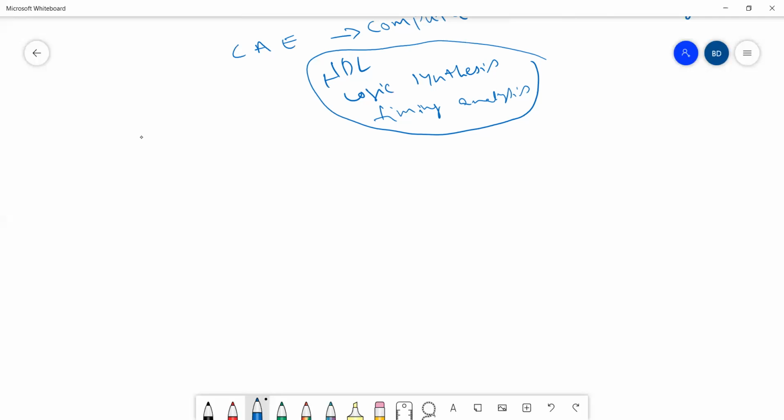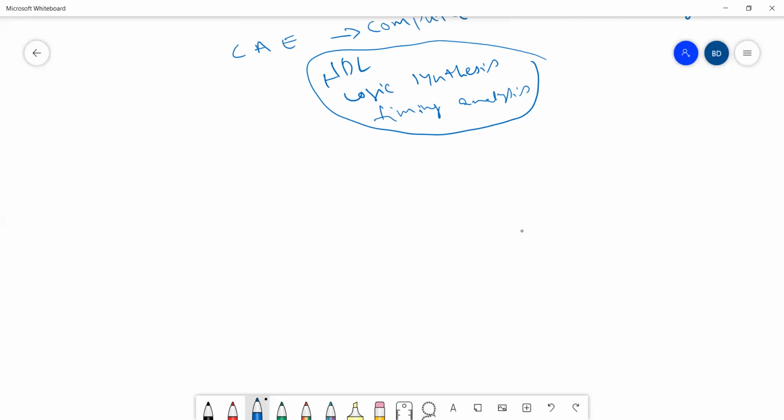Moreover, as the designs got larger and more complex, logic simulations assumed an important role in the design process. The designers could find the functional bugs in the architecture before the chip was designed further. So this is the important thing: how there was a need for the evolution of computer aided design tools.